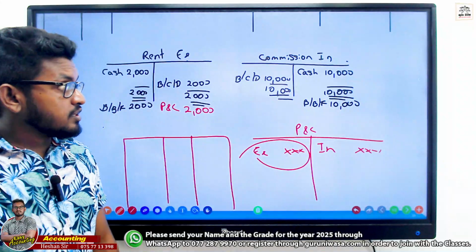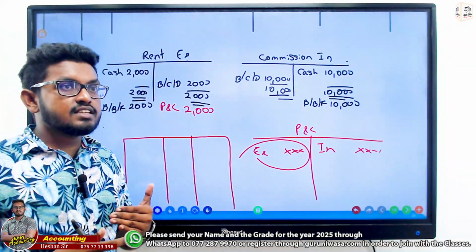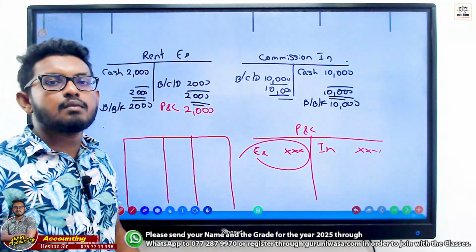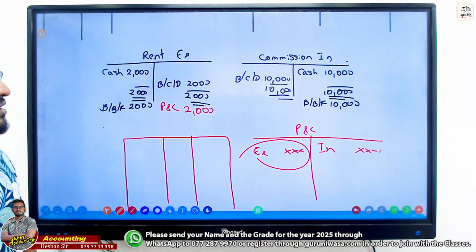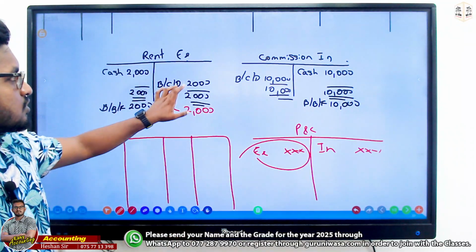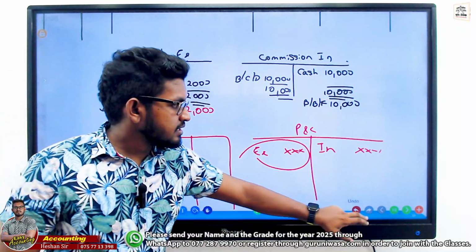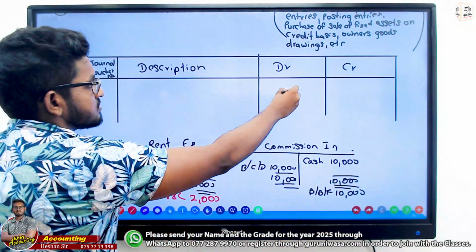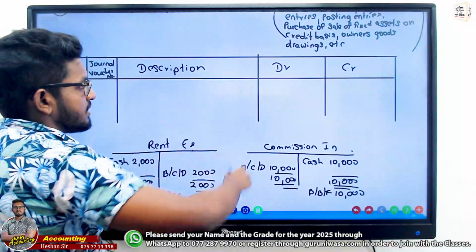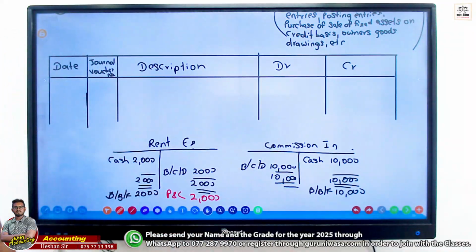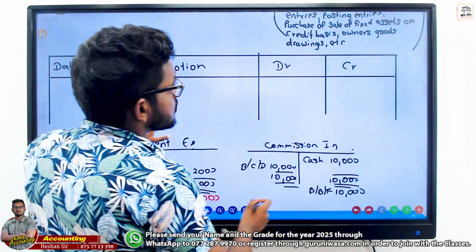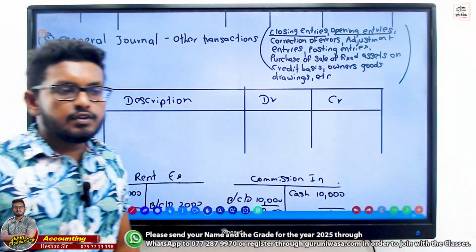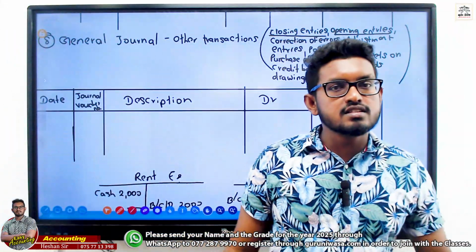That's why closing entries means closing the expense and income accounts at the end of the year and transferring them to the P&L. We record that too. Before transferring, rent expense account credit, profit or loss statement account debit. This is at the end of the year. So if I write opening entries, before recording the BBF balance as opening, we need